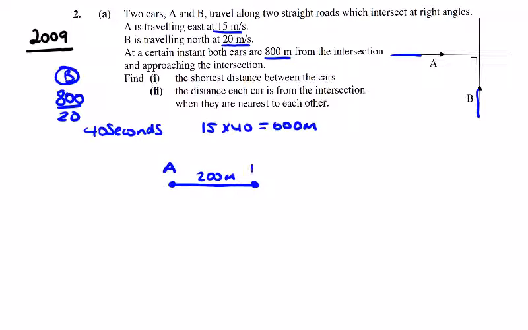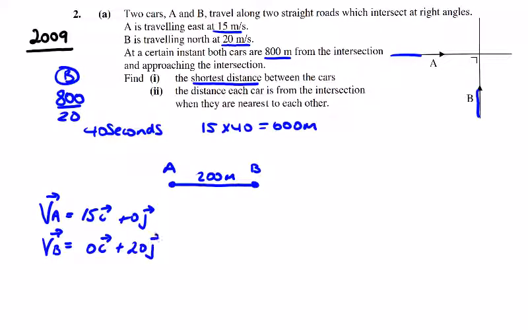So if we get their relative velocities, we'll be able to get their shortest distance. So the velocity of A is equal to, he's going in a positive I direction at 15 meters a second, 15 in the I direction, plus 0 in the J direction. The velocity of B is traveling positive north, so 0 in the I direction at 20 meters per second, 20 in the J direction, and the velocity of A relative to B